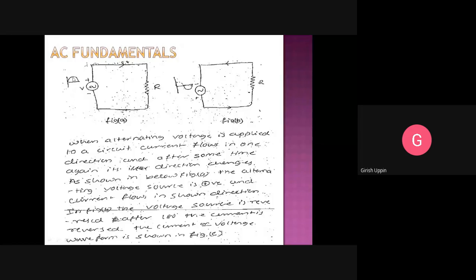When voltage is maximum, the current in this circuit is maximum. And when the voltage starts dipping, even the current will start dipping and it will become zero at this point. Now in the next half cycle, this is the first half cycle, the current was flowing in this direction. In the next half cycle, in this negative cycle, this will act as a negative plate and this will act as a positive plate.